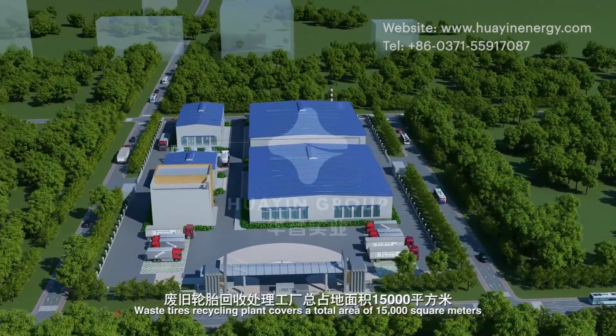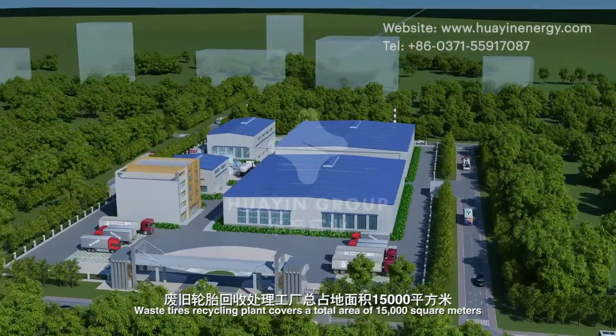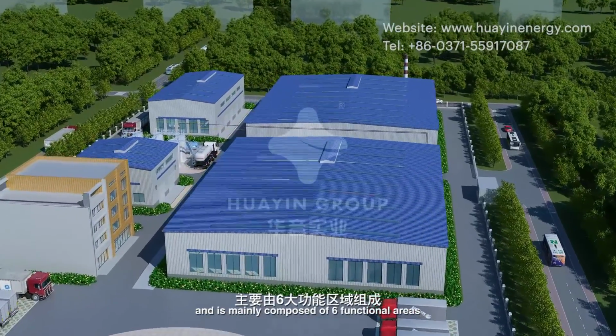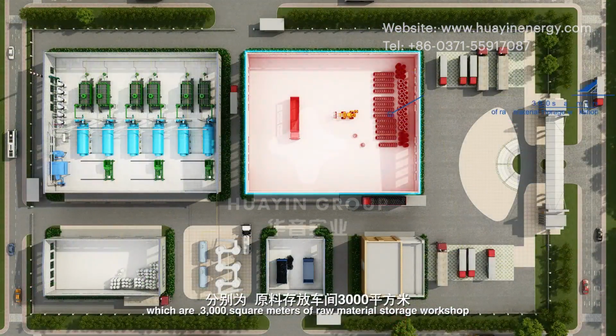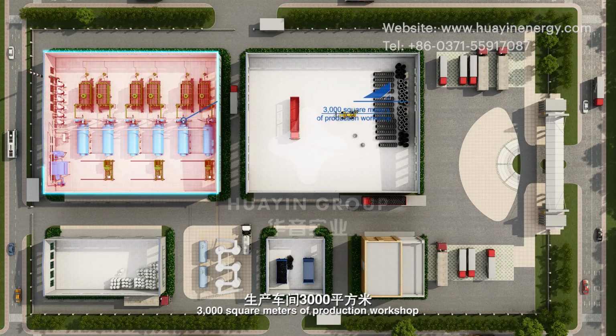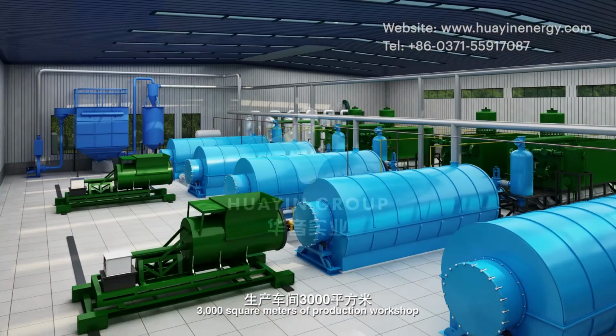Waste Tires recycling plant covers a total area of 15,000 square meters and is mainly composed of 6 functional areas, which are 3,000 square meters of raw material storage workshop, 3,000 square meters of production workshop,